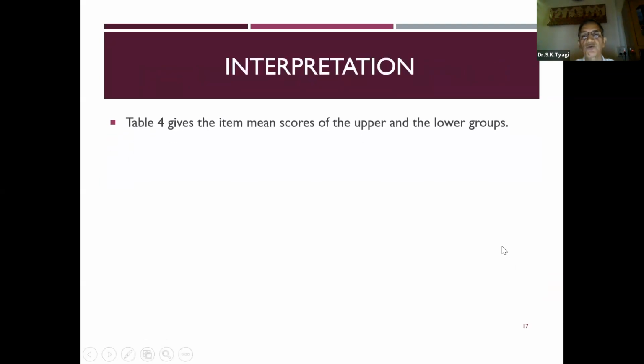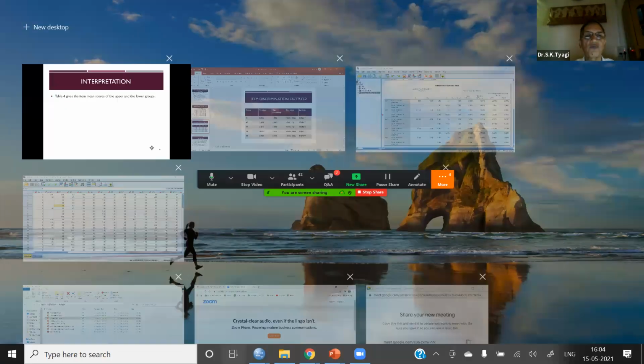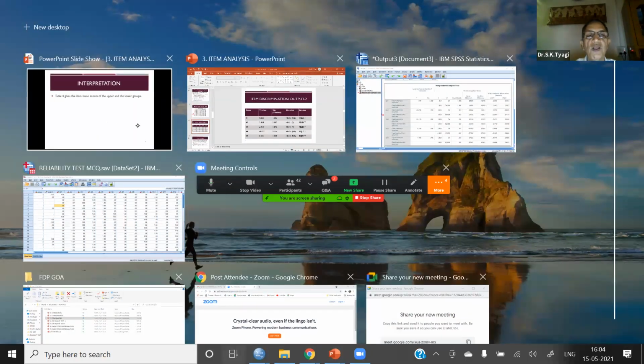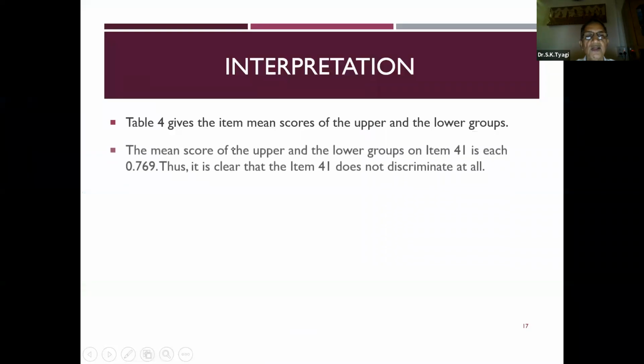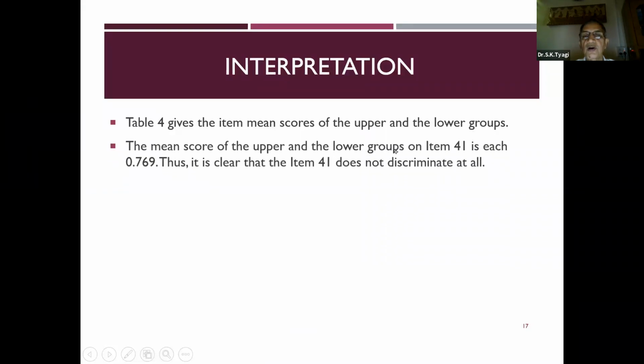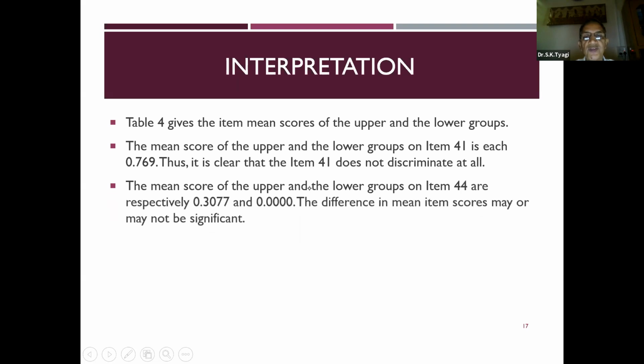Now let us see how we write the interpretation. Table 4 gives the item mean score of the upper and the lower group. In Table 4, the mean score of the upper and lower groups on item 41 is each 0.769. Thus, it is clear that item 41 does not discriminate at all. The mean scores of the upper and lower group on item 44 are respectively 0.3077 and 0.0000.